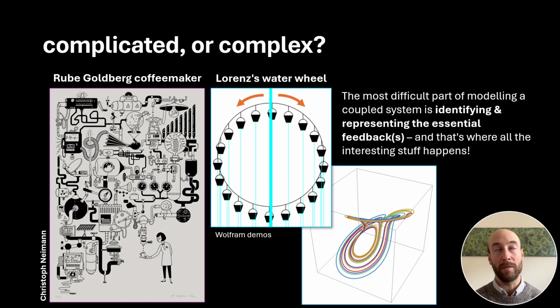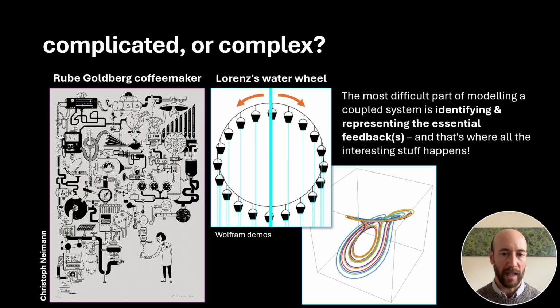So there are many things that you can connect in a human coastal coupled system, but the coupling might be fairly uninteresting from a dynamical point of view. By comparison, you can look at Lorenz's water wheel. I love this example. So it makes a kind of Lorenz attractor. But in this case, for those unfamiliar, you have a water wheel, you have a steady input of water, and you have a bunch of leaky buckets on a water wheel.